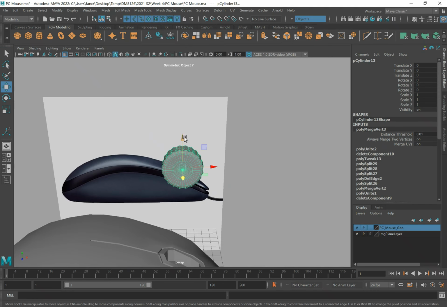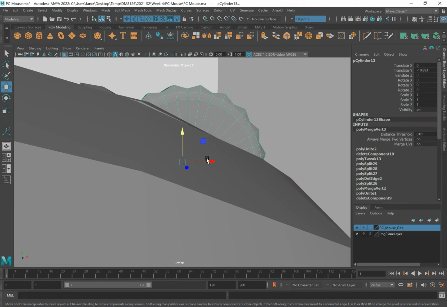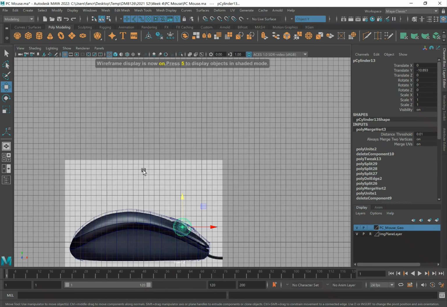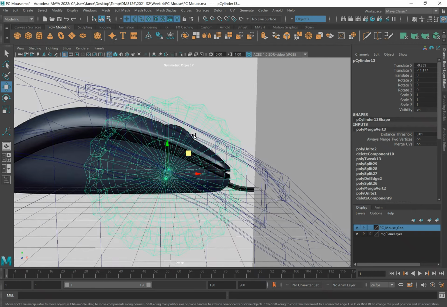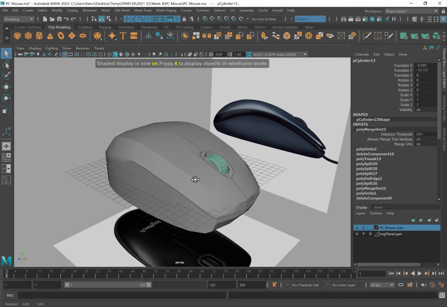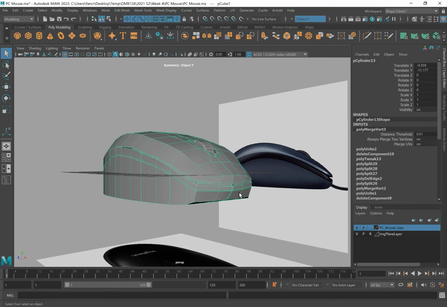Alright, so I'm just gonna move this guy downwards. And of course, if need be, I can always check. So maybe it's a little bit on the top there. Again, like I said, we are not trying to make this an absolutely precise looking object,